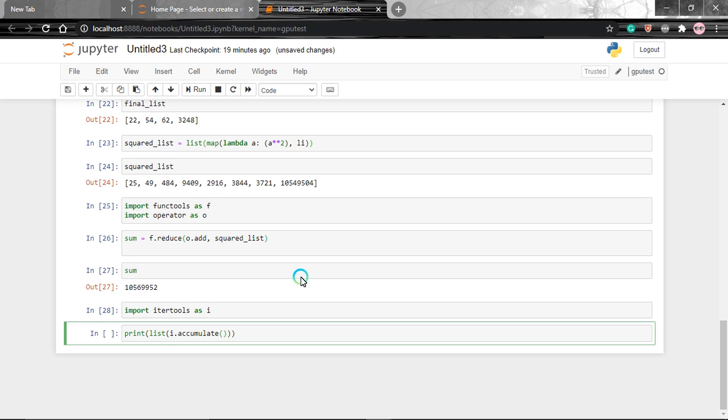Small brackets. We'll pass our list in that. What is our list? Let's say we'll work on the squared list itself. We have passed our list and we can use a lambda function here. Lambda x comma y colon x plus y.